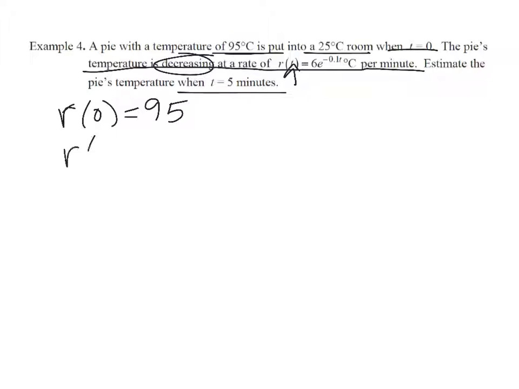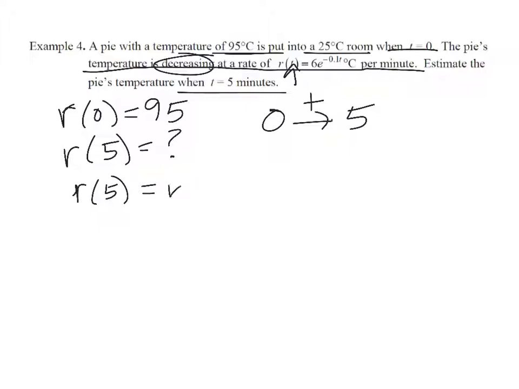Okay, and then the one I want to find is R of 5, and I want to know what the temperature is then. So I'm going from 0 to 5, which is adding more time for that pie to cool down. So my fundamental theorem of calculus says that if I want to find R of 5, I can take my initial condition, R of 0, and I can add, because going from 0 to 5 is going to the right, the integral from 0 to 5, that change in temperature,